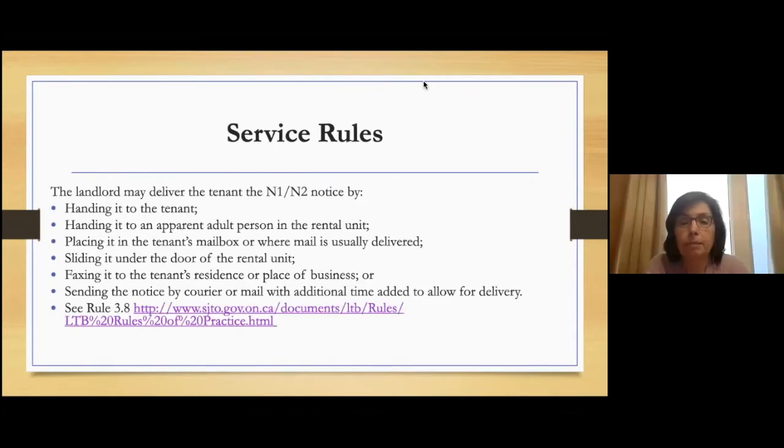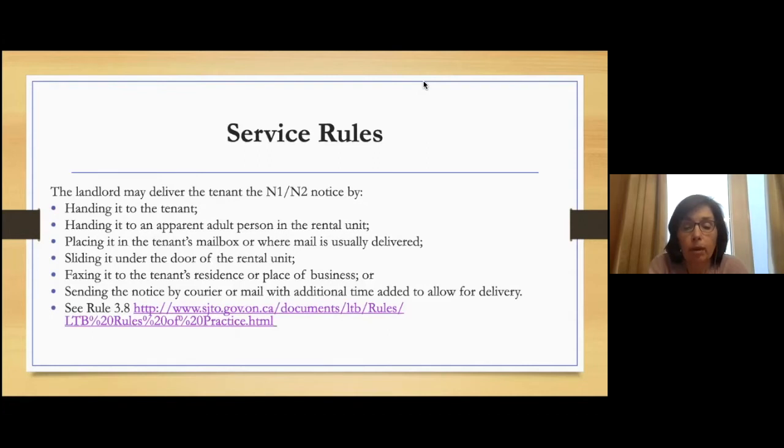Thank you, Carolina. I'm going to be talking about service rules. There are several different methods of serving a notice of rent increase. Make sure to deliver the notice to the tenant according to the Landlord and Tenant Board rules, which are the following. Handing the notice to the tenant, handing it to an apparently adult person in the rental unit, placing it